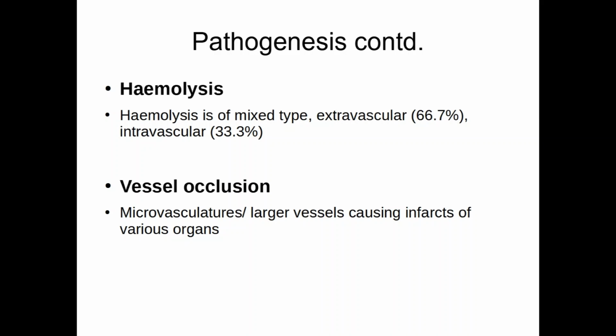Also, the problem with sickle cells and their precursors, which are reticulocytes containing the sickled hemoglobin, is that they have a propensity to stick to the wall of the blood vessel. When they start sticking to the wall of the blood vessel, they will cause obstruction in the blood vessel, leading to reduced blood supply to various organs, which causes hypoxia and necrosis of various organs.